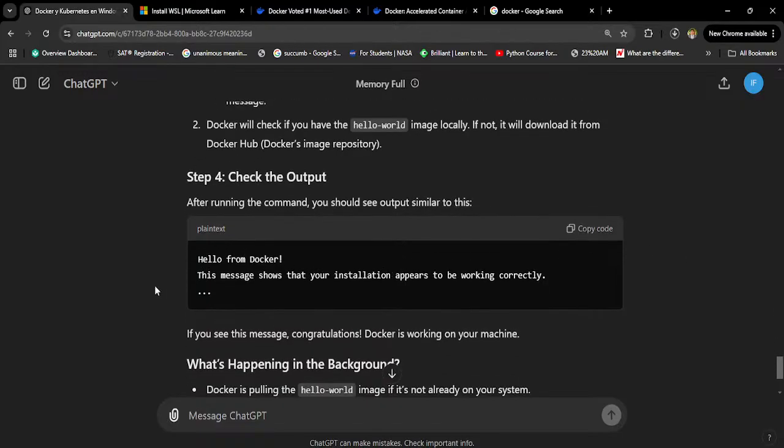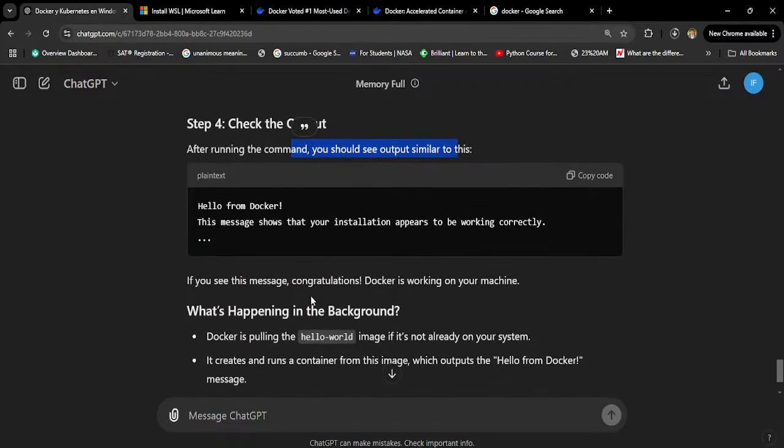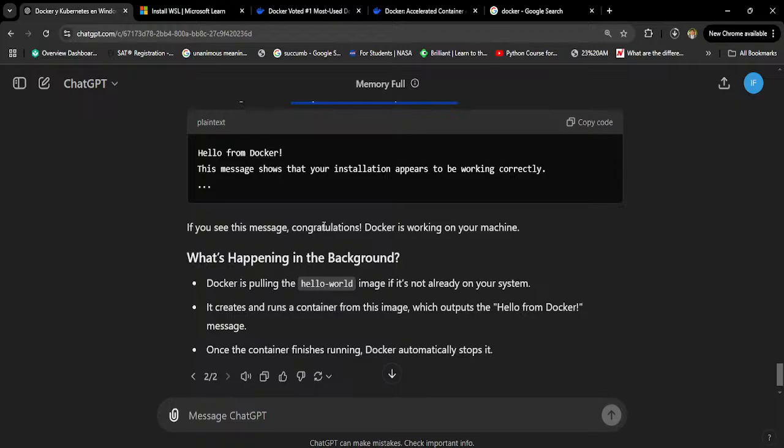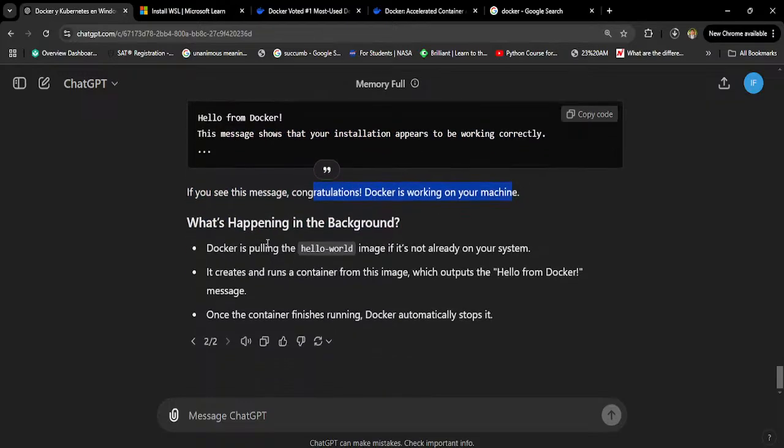And check out the output. After running the command, you should see output similar to this. If this happens, hello from Docker, this message shows that your installation appears to be working correctly. If you see this message, congratulations, Docker is running on your machine. What's happening in the background? Docker is pulling the hello-world image if it's not already on your system. It creates and runs a container from this image, which outputs the hello world message. Once the container finishes running,